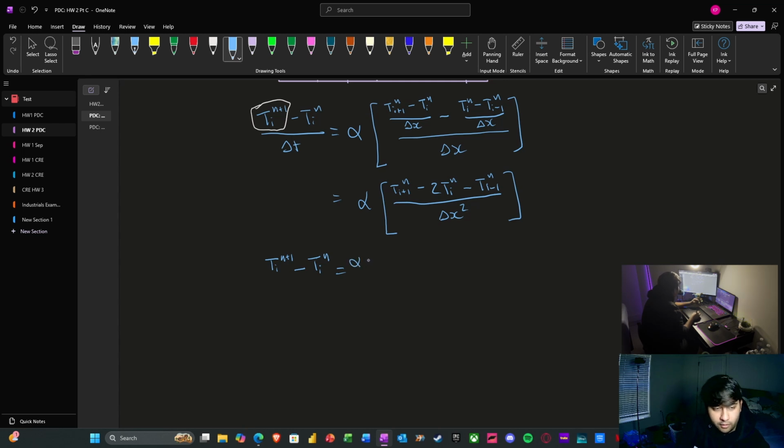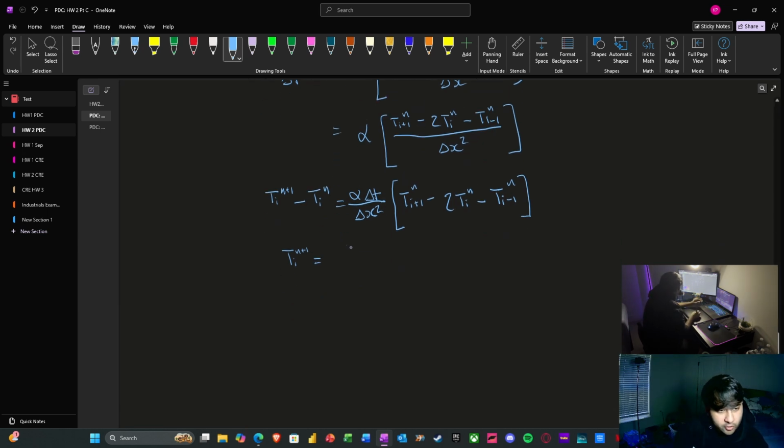So then we'll have our thermal diffusivity multiplied by the delta t, which is time, over our delta x squared, and then go ahead and have our Ti plus 1 n minus 2 Ti n plus our Ti minus 1 n, and then we're just going to move our Ti n over, so we get our